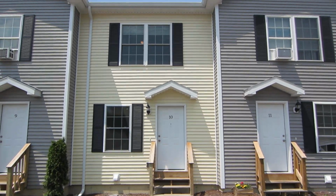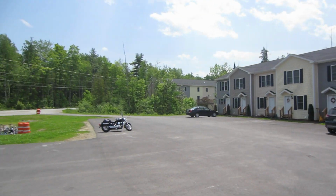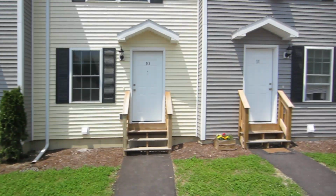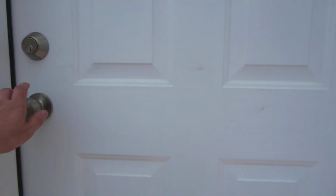This is 110, number 10. This is our video layout for an interior unit of our biggest design here at Meadow Ridge. These units were just finished. They're 2-bedroom, 2 full bath townhouses. New construction,